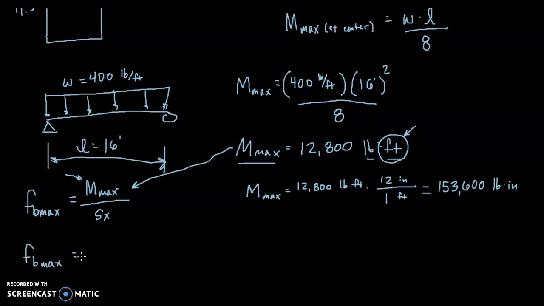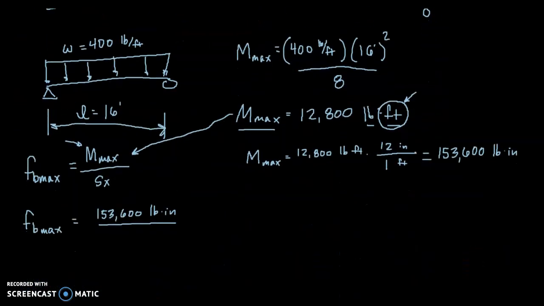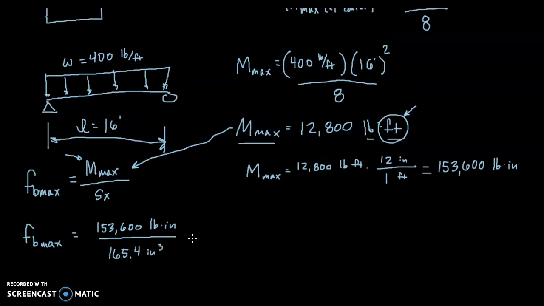F_b max is equal to the maximum moment of 153,600 pound-inches divided by my section modulus, which was 165.4 inches to the third. And so that's going to equal